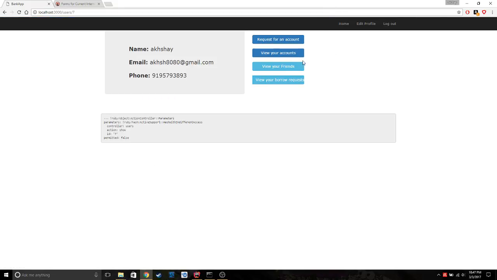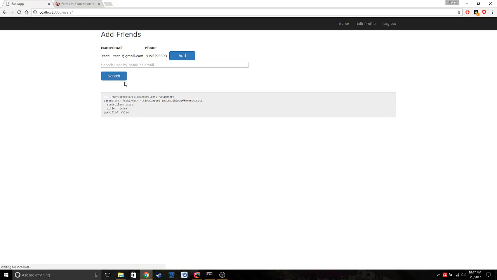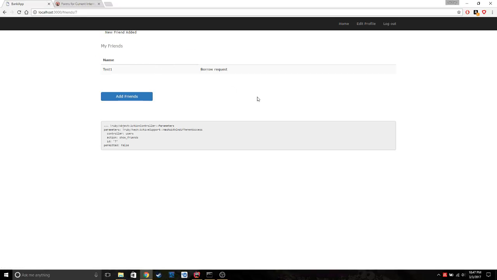So next let's go to the friends feature. When you click view your friends, you can see your friends. Of course we don't have any right now, so let's go ahead and add our test account. You can even search for users by the name here. Since we have just one, let's go ahead and add test1 as our friend. So now that test1 is our friend,